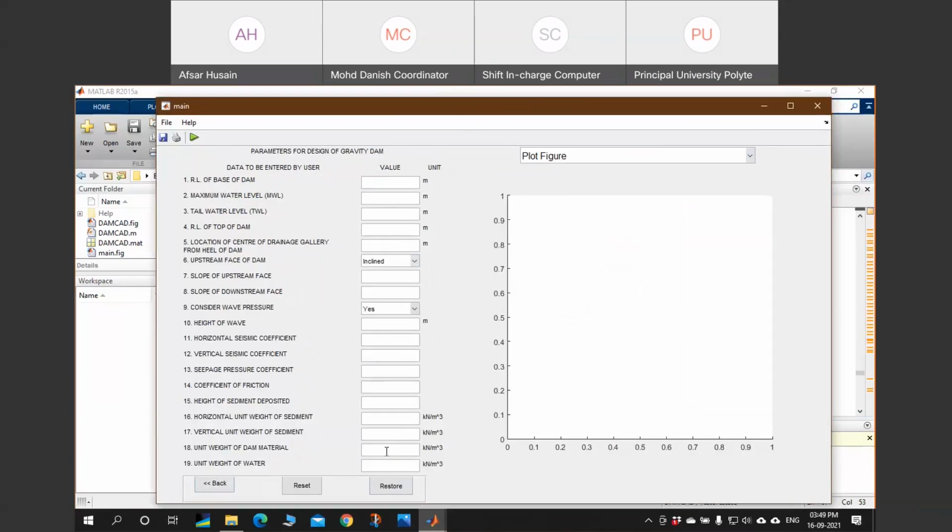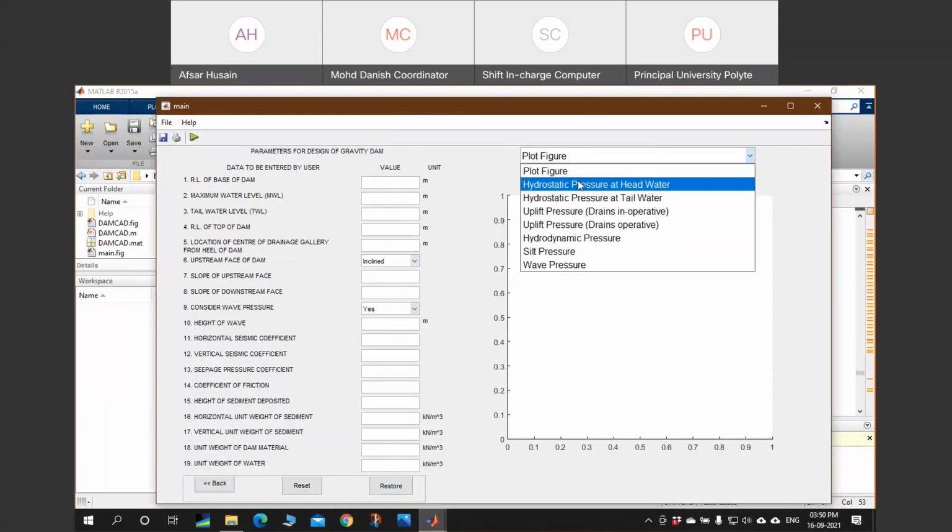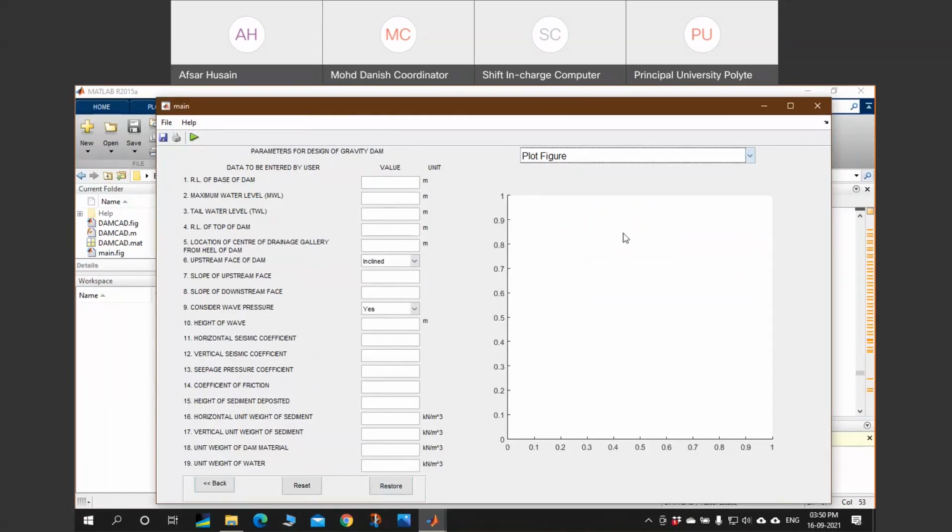I will not demonstrate all this because it is a very lengthy process. I have just demonstrated how to create a similar page, where you can have all the pop-up menus, a plot like this, all the edit fields, a set of buttons, and these icons.